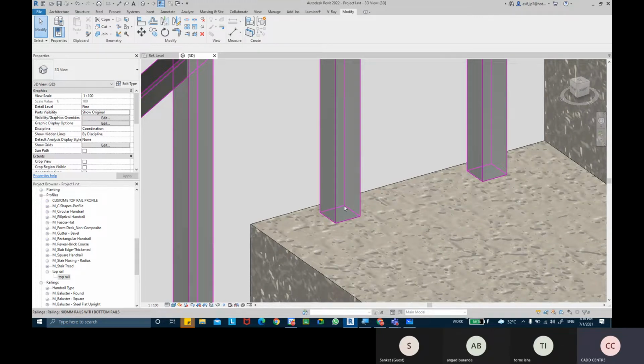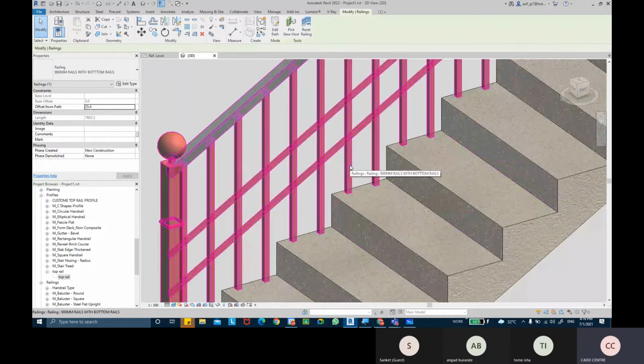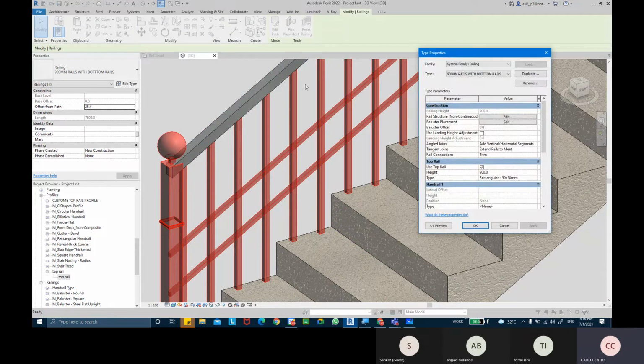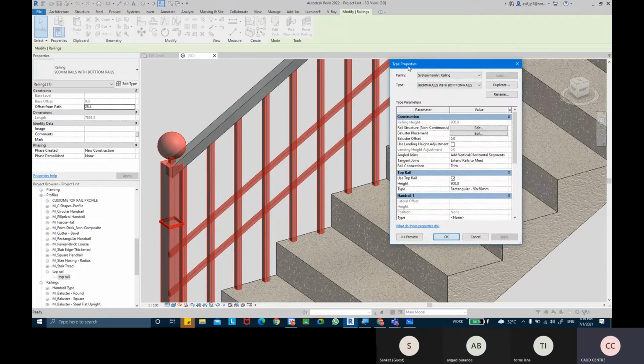If you wish to change the shape of this main pattern baluster, what you need to do is simply select that railing, come into Edit Type, and when you come into Edit Type, you get this Type Properties dialog box. In this, we'll come into the option which says Baluster Placement.